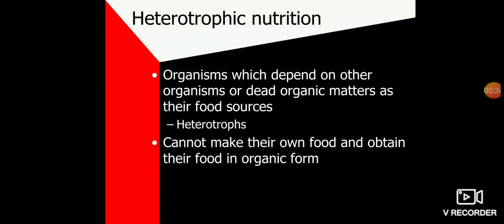Most of the plants have green pigment called chlorophyll and can make their own food. They are called autotrophs, and this type of nutrition is called autotrophic nutrition. But some plants, however, do not contain chlorophyll and hence cannot synthesize their food. They are called heterotrophs and depend for food on other organisms.